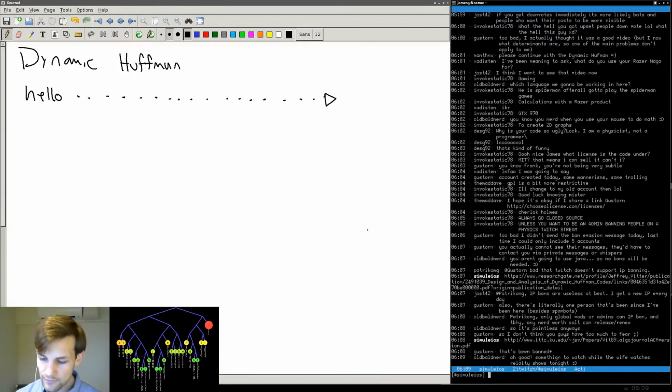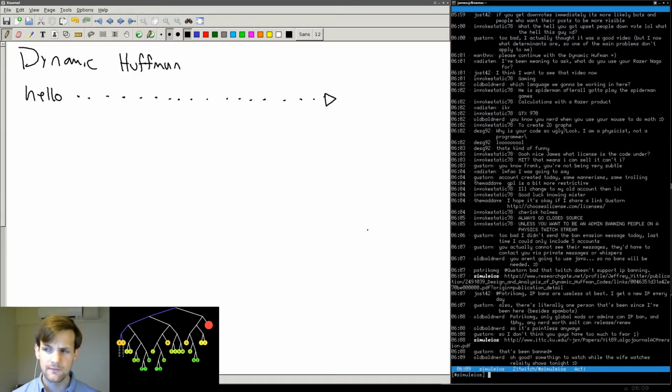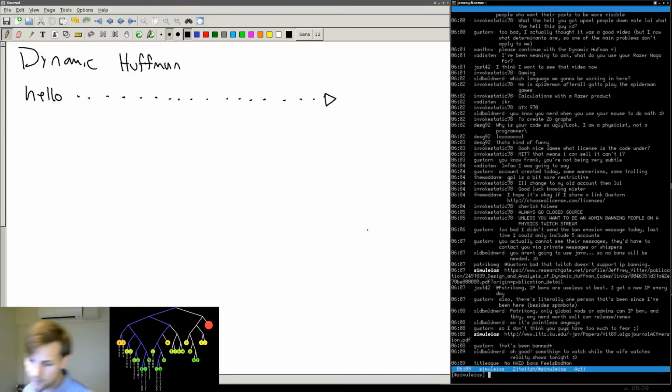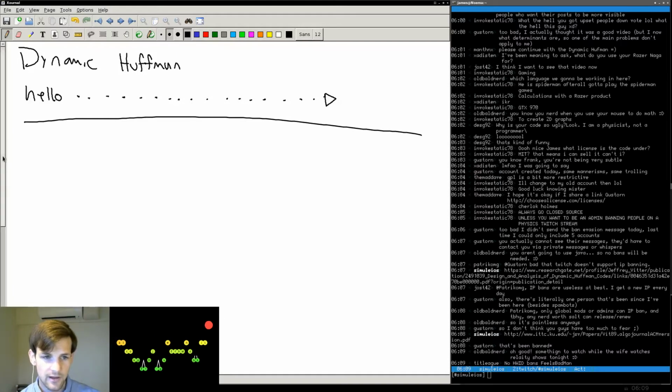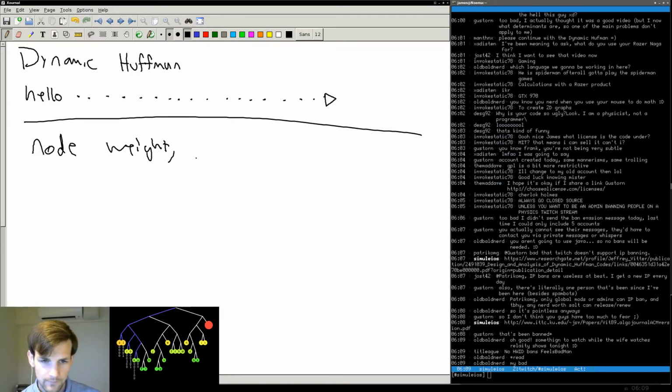Okay, so they have a couple of different, I suppose you could say, functions that each block has available to it. So what they say is that every node has a weight. Here, let's go through here. Every node has a weight, a parent,